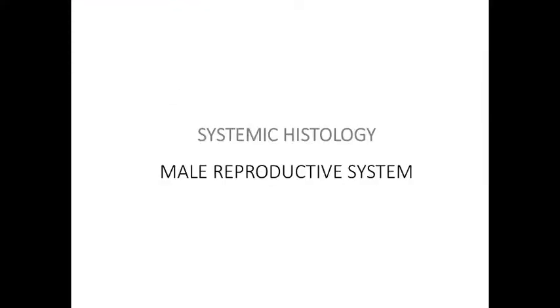Good morning, students. We are going to start the systemic histology of another system today. We already finished the GIT track last week. Now you have started the gross anatomy of the male external genitalia because we are continuing with the anterior abdominal wall into the superficial area of the perineum, where in the male you have the scrotal sac and the external genitalia including the penis. So for the male reproductive system, there are a whole bunch of organs and tissues which are